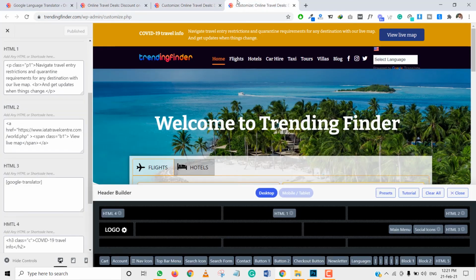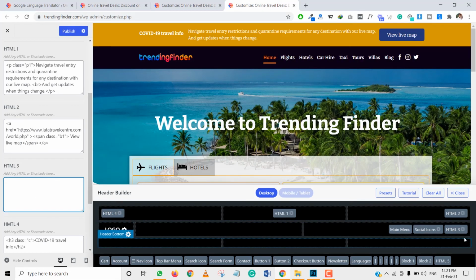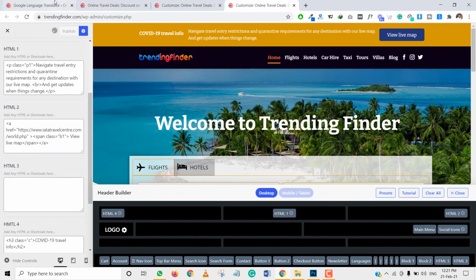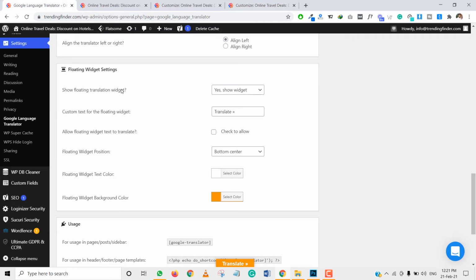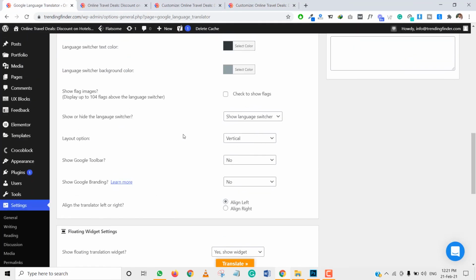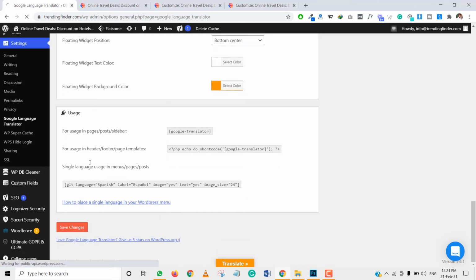So if we don't want to add an HTML tag section, you have the floating area section. You can use this section and hide this language switcher and hit save changes.